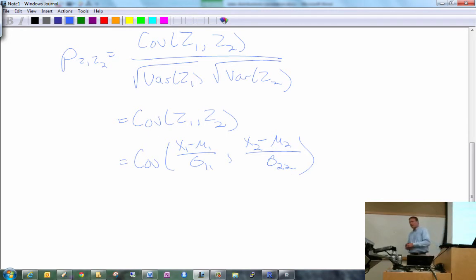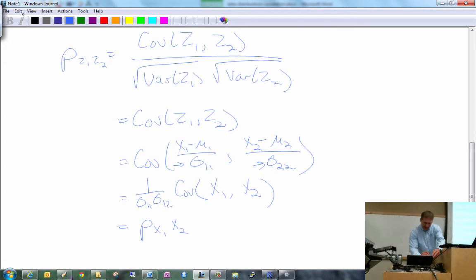Now what we learned about, I think it was last time, or maybe the class before that, is that these sigmas are constants. So I can pull these out, sigma 1 and sigma 2. And then what happens to the mu1 and mu2 there? Well, how about we approach it this way? What's the variance of a constant? 0. So mu1 and mu2 play no role at all. Then I'm left with the covariance of x1 and x2, which is, I should say, a correlation between